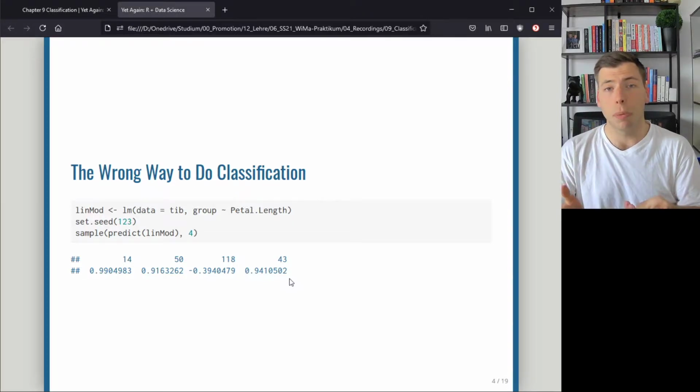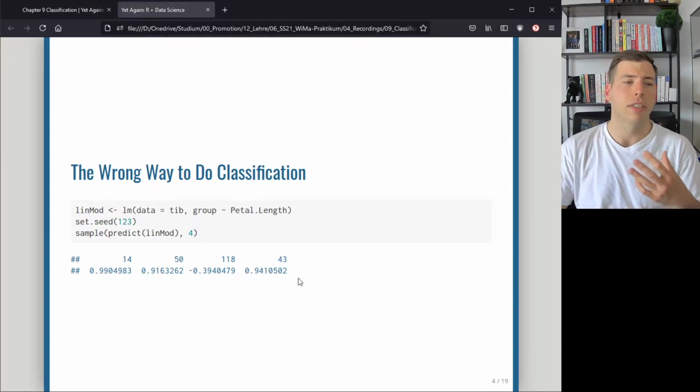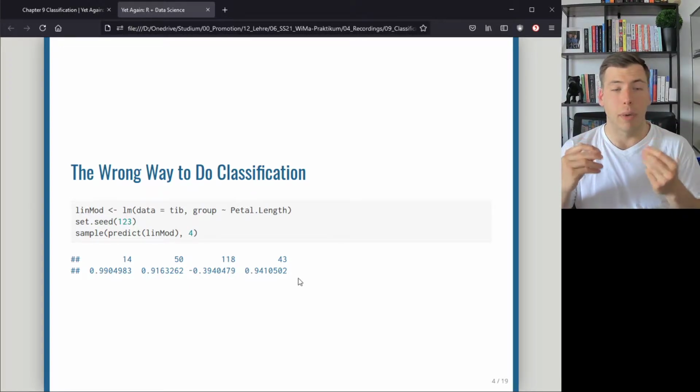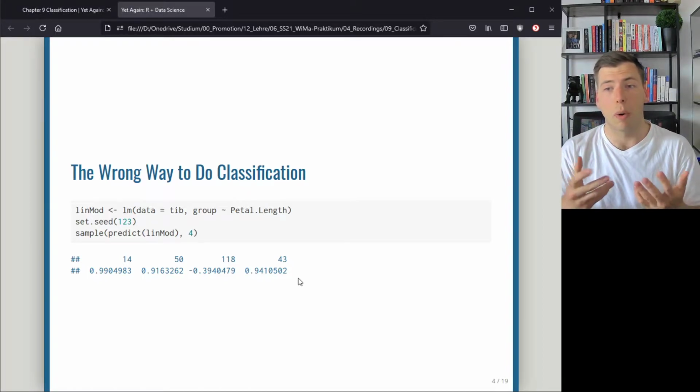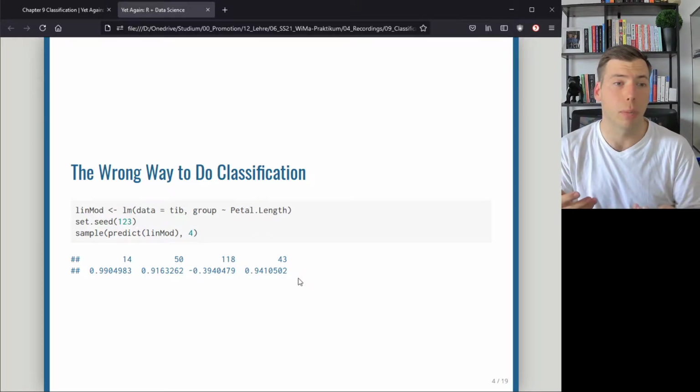The problem with that is that our linear regression is not bound to the range of 0 to 1. As you can see here, we can also have negative values, and this completely destroys our interpretation of probabilities. So we cannot directly use linear regression for our classification because of these issues, that we are not really bound to one specific range. What we could instead do, which is the gist of so-called generalized linear models, or GLM,